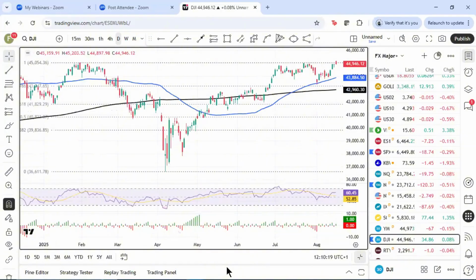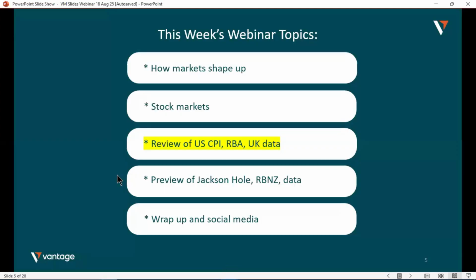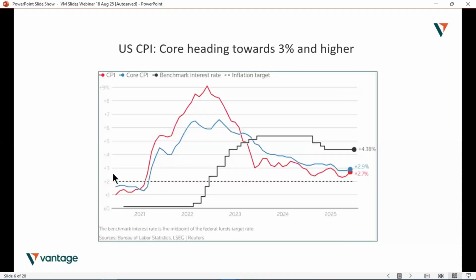Okay, let's move on now to last week's main events and US CPI first up. Really important economic release, of course, as we know. Fed's dual mandate is price stability, of course, and then maximum employment. So, yeah, CPI figures actually came in largely as expected. So, headline rose 0.2% month on month, 2.7% year on year, actually below the 2.8 estimate, and core rose 0.3% month on month, 3.1% year on year. That was a one-tenth hotter for both month on month and year on year. Details, just for your guide, this chart actually obviously was just before the print, so you can just see relative to what we had seen.